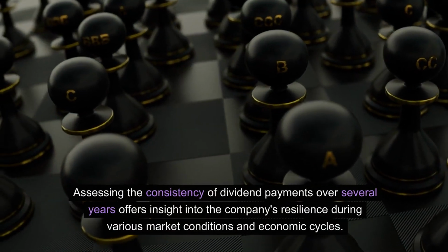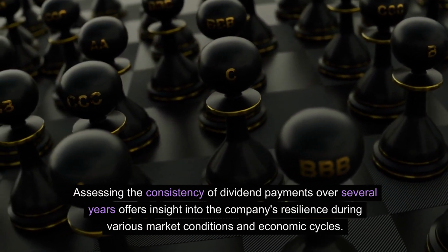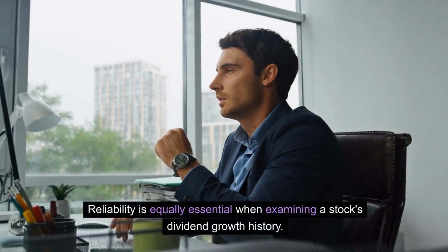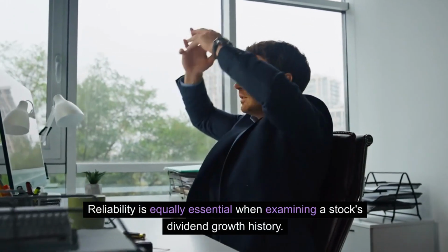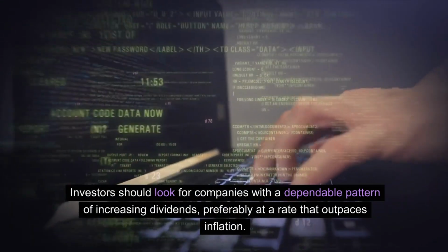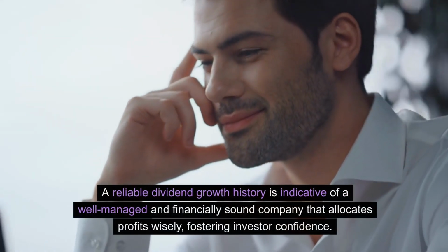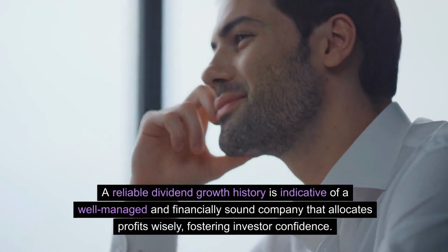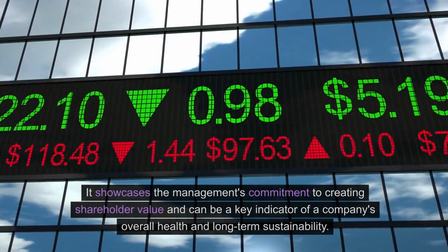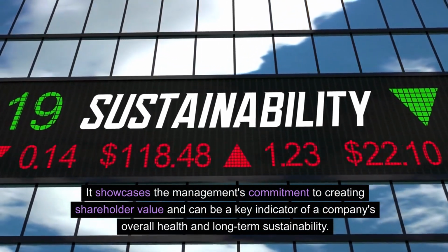Assessing the consistency of dividend payments over several years offers insight into the company's resilience during various market conditions and economic cycles. Reliability is equally essential when examining a stock's dividend growth history. Investors should look for companies with a dependable pattern of increasing dividends, preferably at a rate that outpaces inflation. A reliable dividend growth history is indicative of a well-managed and financially sound company that allocates profits wisely, fostering investor confidence. It showcases the management's commitment to creating shareholder value and can be a key indicator of a company's overall